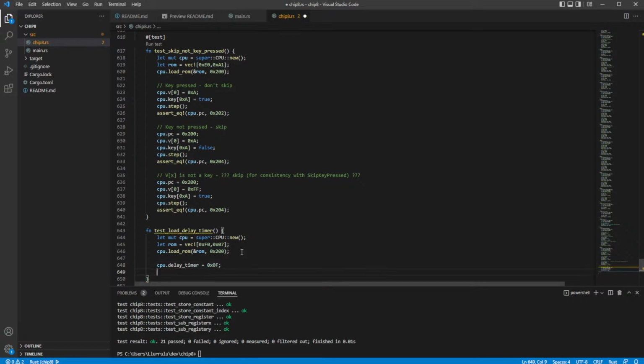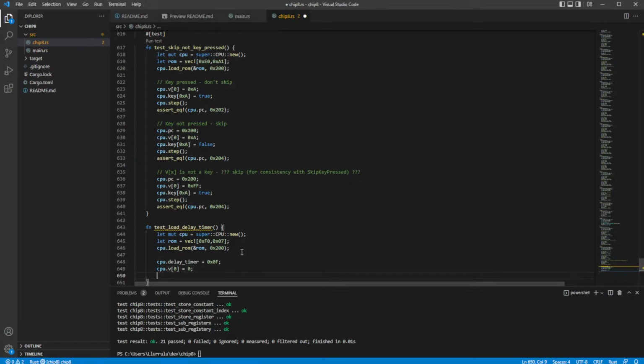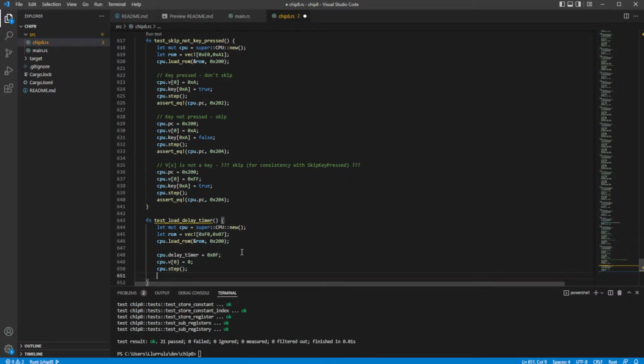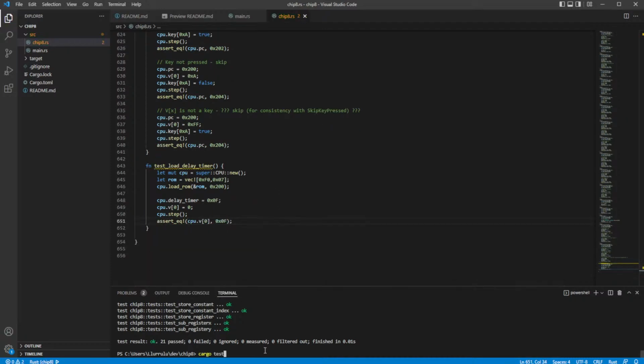Good enough value for me. Just set that to 0 just in case. Step and assert. Excellent. Now,